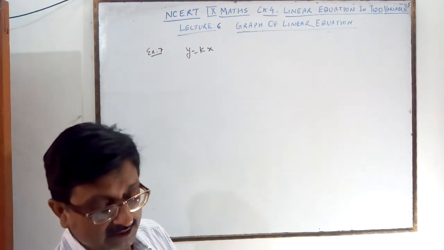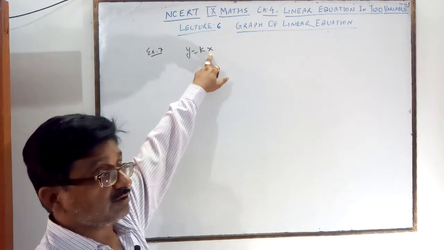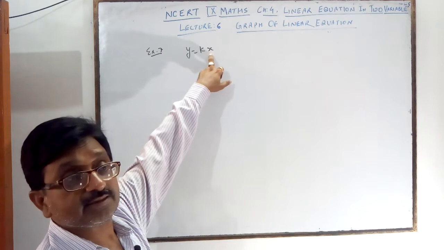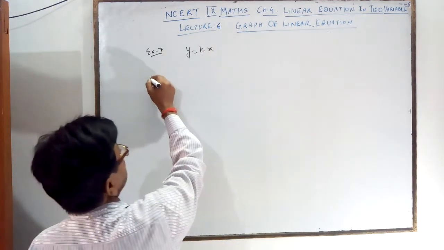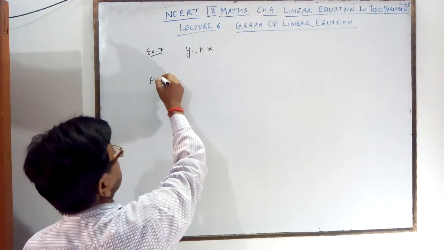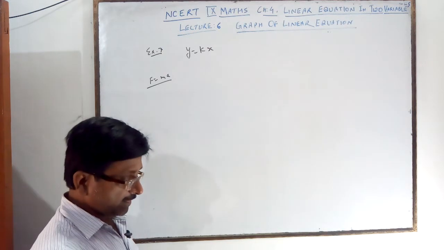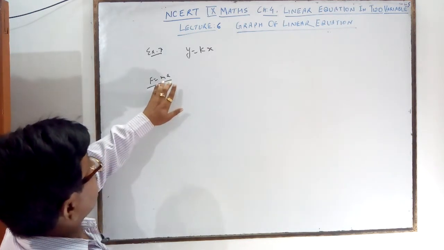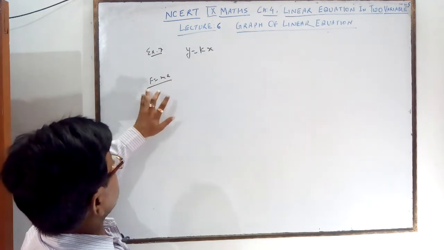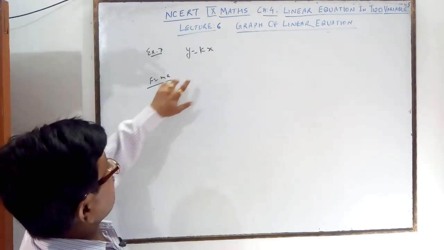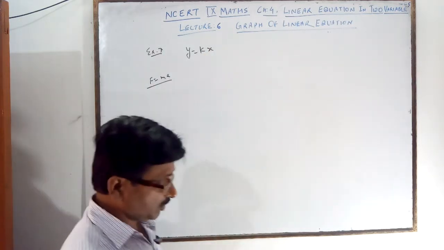Proportional means the acceleration produced. Y is the force, and force is equal to ma. F is equal to mass into acceleration. That is, F is directly proportional to the acceleration. This is the formula in physics that you apply here. M is constant, that is K. F is the force Y and acceleration A is X. So on the basis of this you plot the graph.